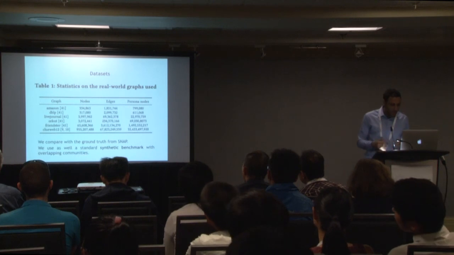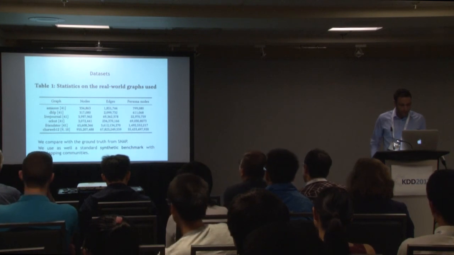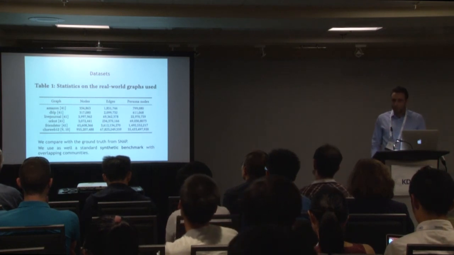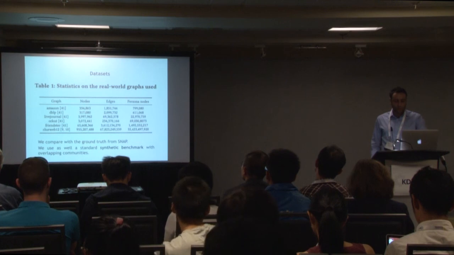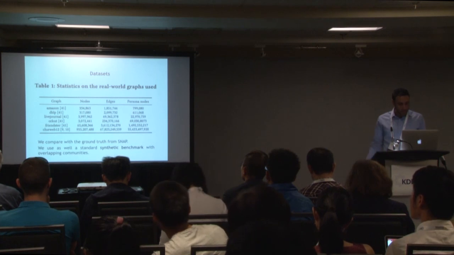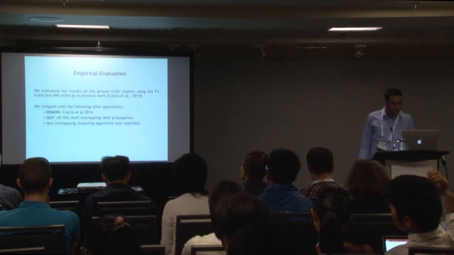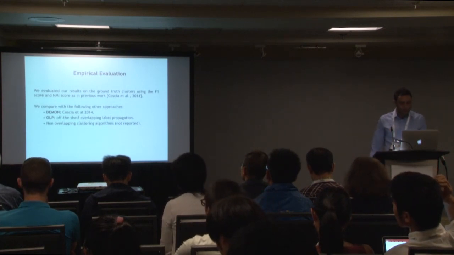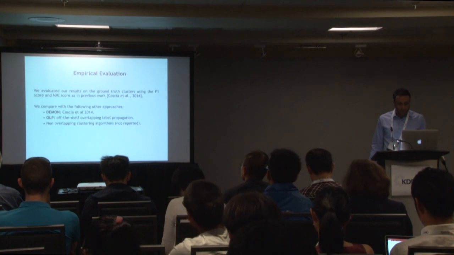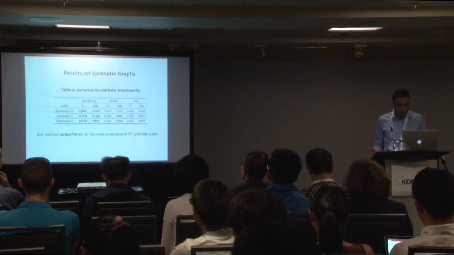Now, in terms of scalability, we have run this on several graphs that are pretty large. The largest one is the ClueWeb graph. It has 60 billion edges. For this graph, unfortunately, we don't have ground truth, so we will not show any accuracy results. But for all the others, we have the ground truth thanks to the SNAP library, which is a great resource. We also use synthetic graphs with overlapping communities, which of course have ground truth. Then we compared, using the standard F1 and NMI scores, with the Demon algorithm, which was the previous egonet-based algorithm, OLP, which is an off-the-shelf overlapping label propagation algorithm, and also several non-overlapping clustering algorithms that I don't even report because they give very poor results.